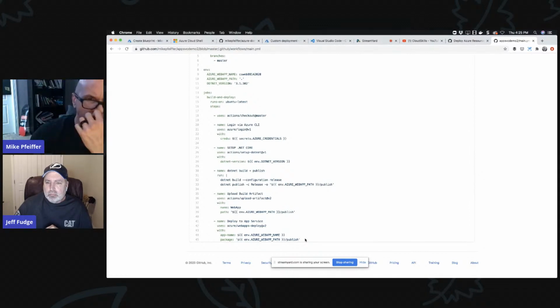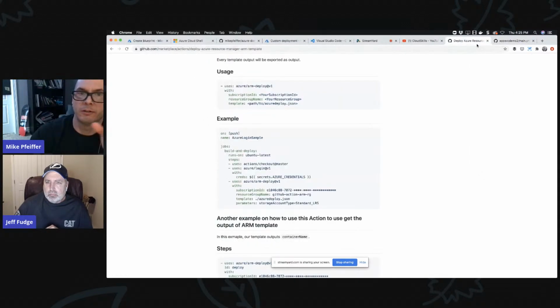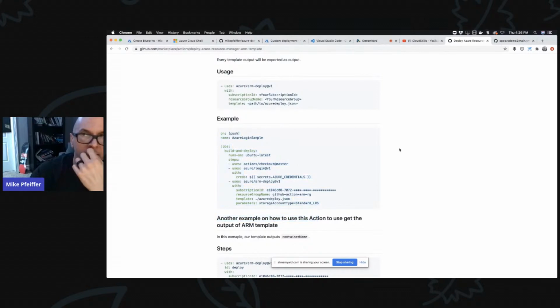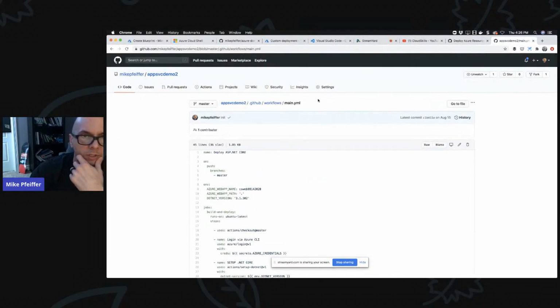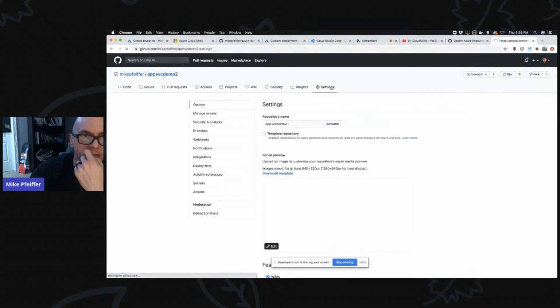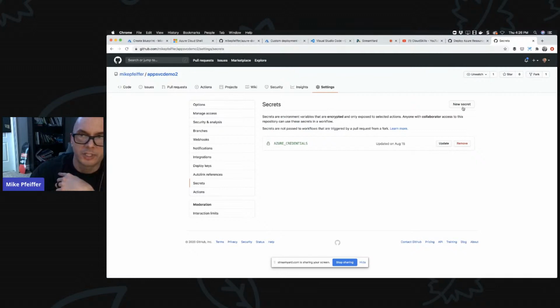So, like I was just showing on the previous screen, you can have a very simple workflow in a folder like that. And then all you would need to do is in your repo, come over to settings. You would go over to secrets, and then you would create a new secret that you could reference. That's what I was just talking about.